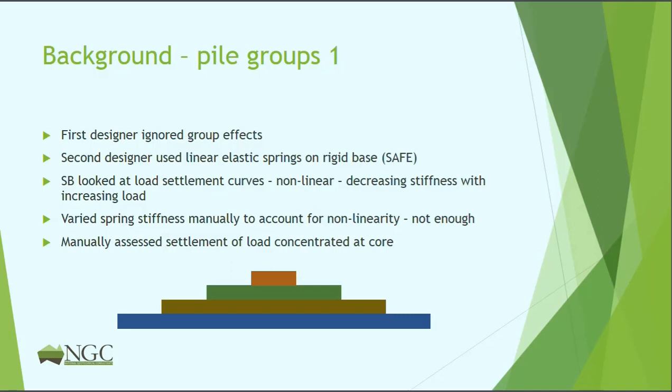So I put decreasing stiffness with increasing deflection and load into the springs in the SAFE model, but that wasn't enough to reduce the loads under the core to meet the requirement. So I then looked at the loading, and the picture at the bottom here is a sort of distribution of the loading across the building, and I had to do all this manually, that is with my hands,